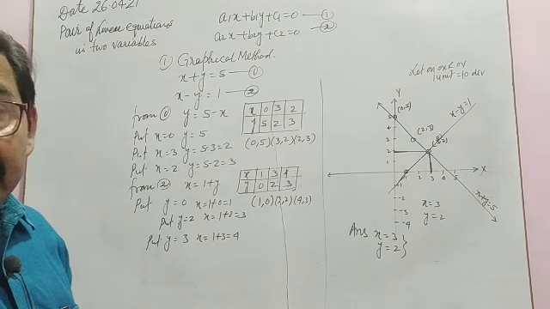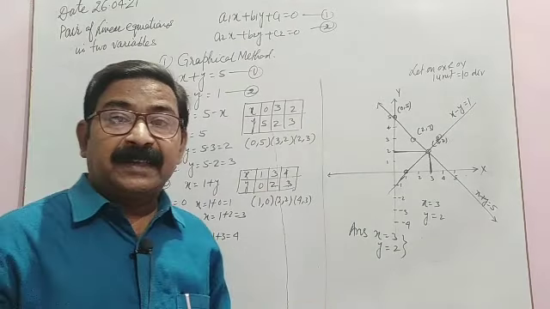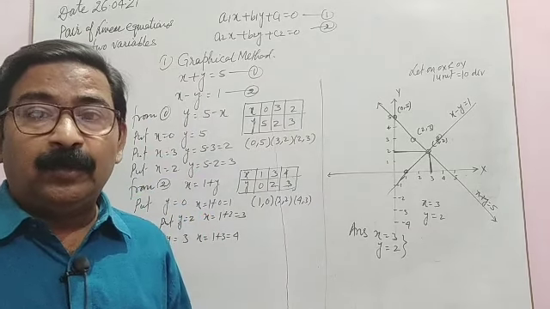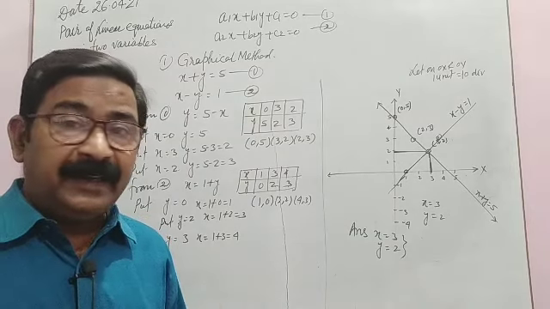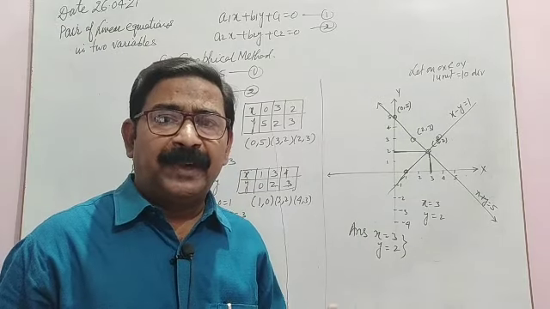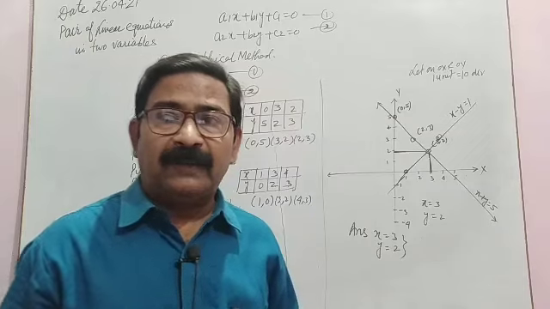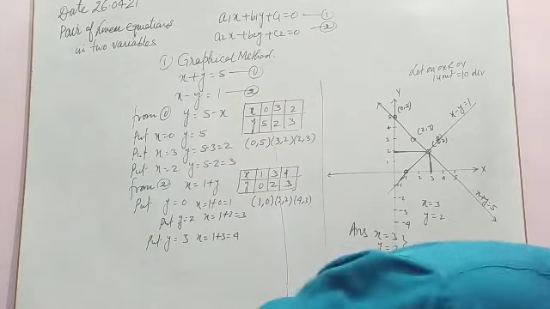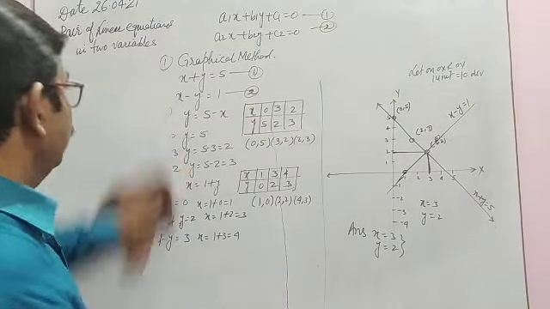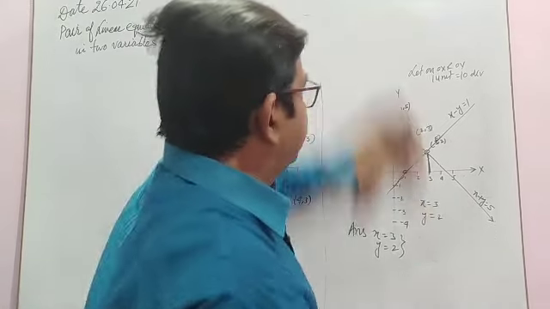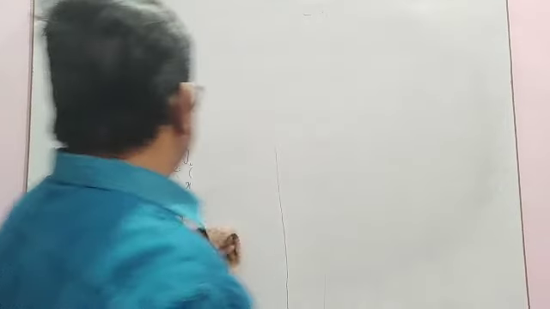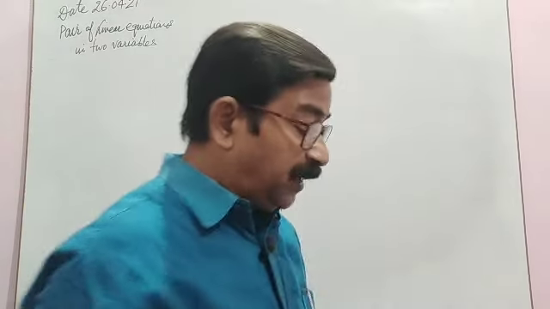Now we are going to start the exercise 3.1. In this exercise we will be given some situation, means word problem, and we have to form the equation and then plot the graph. Since in this exercise we don't need to obtain the solution, so simply we have to plot the graph of the equations. So you can pause the video to note down the solution and the method. So I am going to start the exercise 3.1. See, this is important thing, how to form the equation.